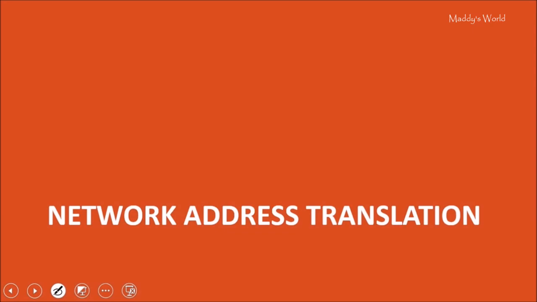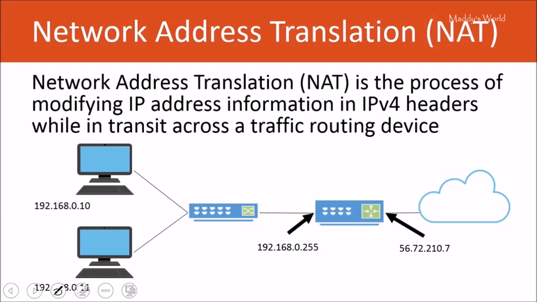Let's go ahead and move on and talk about how public and private addresses really function and how they work out in the open, out in the wild, if you will. Network address translation is simply the process of modifying IP addresses while in transit across a traffic routing device. So we might have computer 1 send information to a switch. The switch sends it off to the router. And then what happens is that